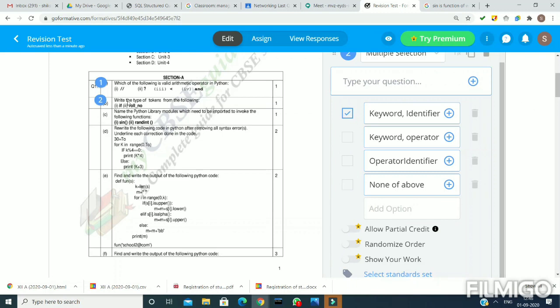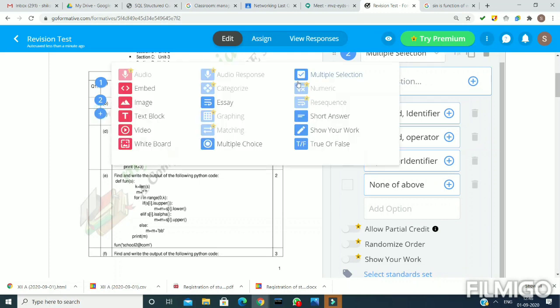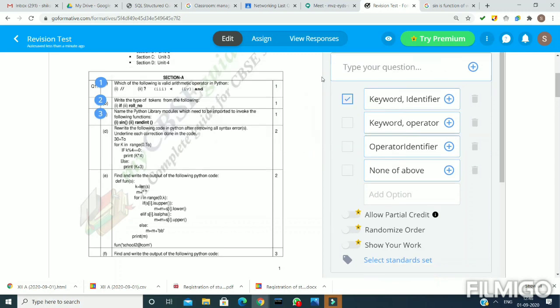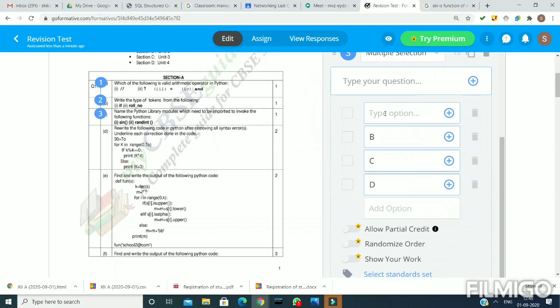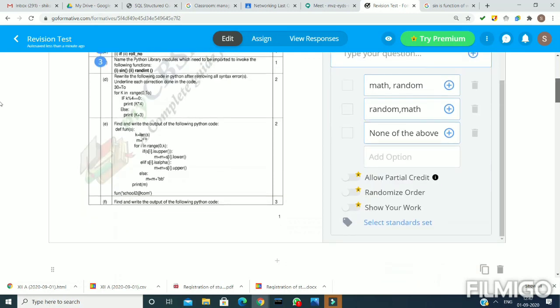Now this is question C, and I am taking it as my third question. I ticked here, and again I am taking it as a multiple choice question. I'm giving my own options as the options are not present in the question paper. You can do it in the same way or adopt any other choice. If you want to give three options, then you can give three and delete the other. You can see the delete button, but I am taking three options here. Okay, now deleting this one. So three options I have given.